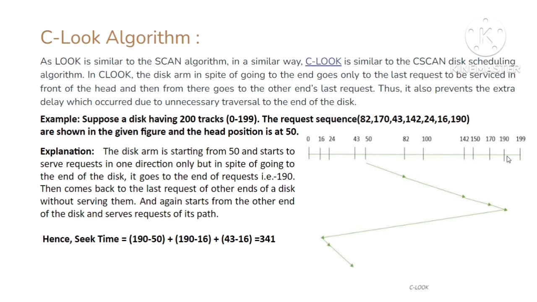This is a scheduling algorithm. Okay. In C-LOOK, the disk arm, in spite of going to the end, goes only to the last request to be serviced in the front of the head, and then from there it goes to the other end request track. Thus, it also prevents the extra delay which occurred due to the unnecessary travel to the end of the disk. Like in the case of C-SCAN, we learned that after reaching one end, it will go to the other end, and not serve any request in between the path. Similarly, C-LOOK,